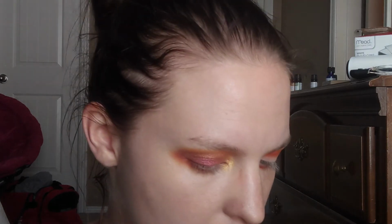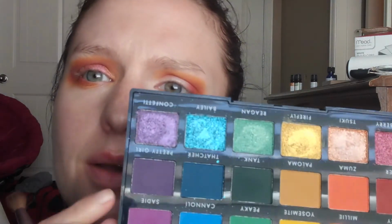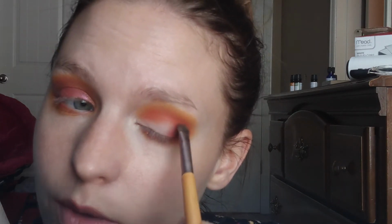Okay, and then I'm gonna go ahead and do, to deepen the outer corner, the darkest shade in here is a green, but when green and red, they counteract each other. So I'm actually gonna go in with Pretty Girl, that darker purple shade, and just like tap that on this brush, which is just like a flat, dense packing brush. And I'm just gonna press that into my outer corner,